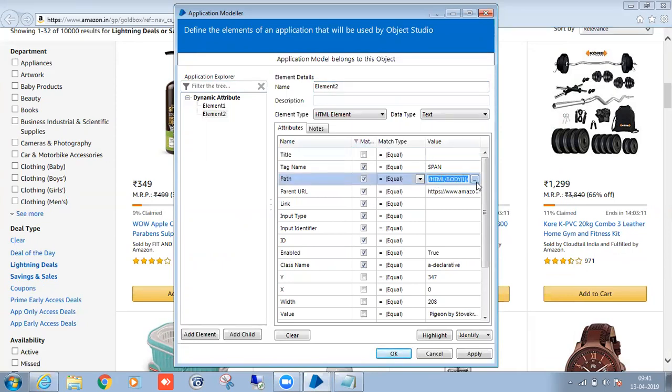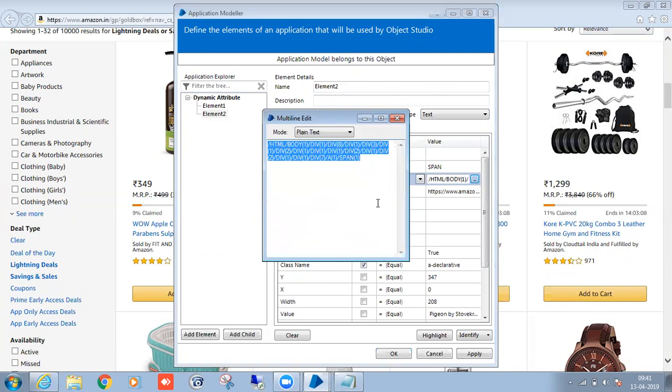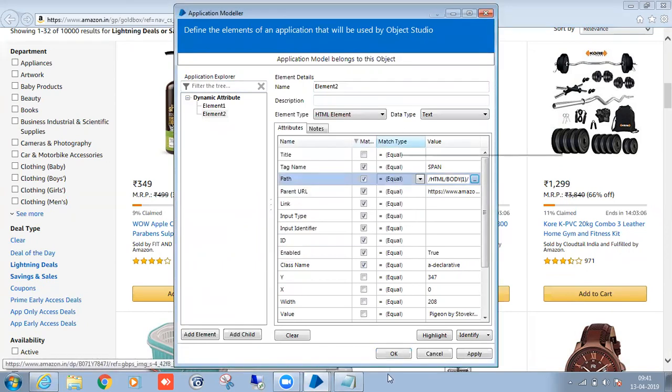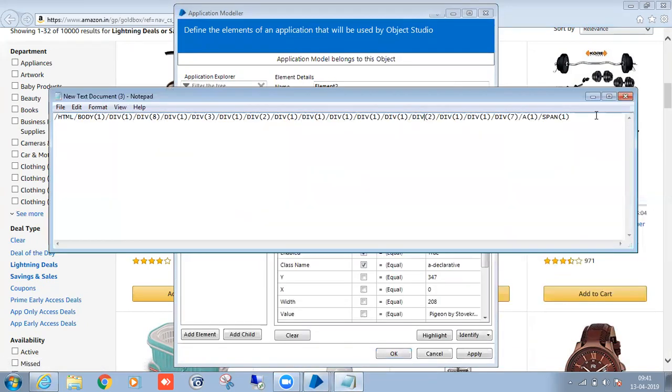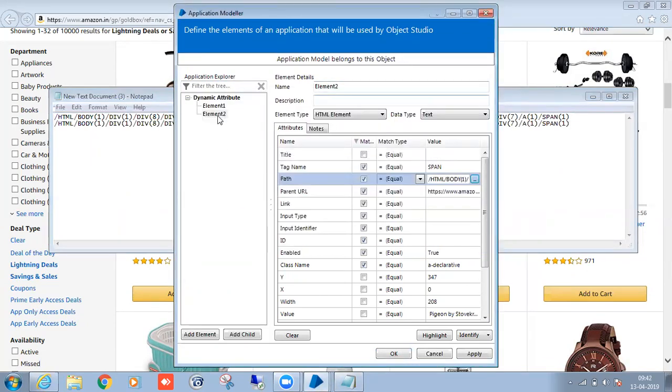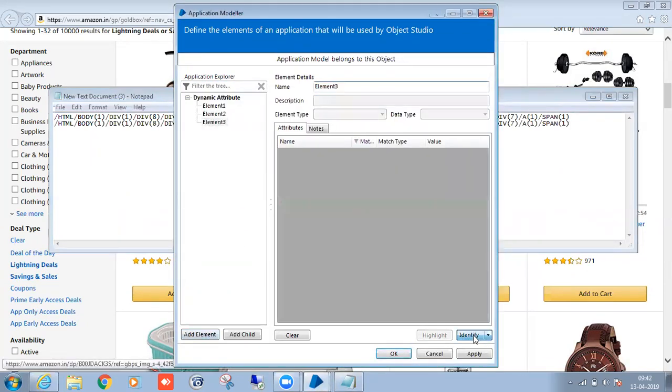I'm going to take the path. Control C. Open the document. This is my second one. Right? I will take another one. The third element I'm taking.